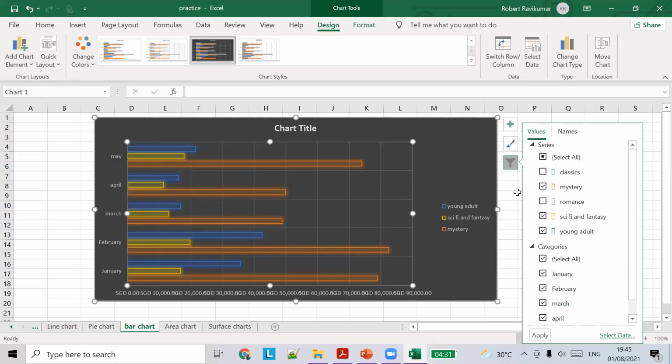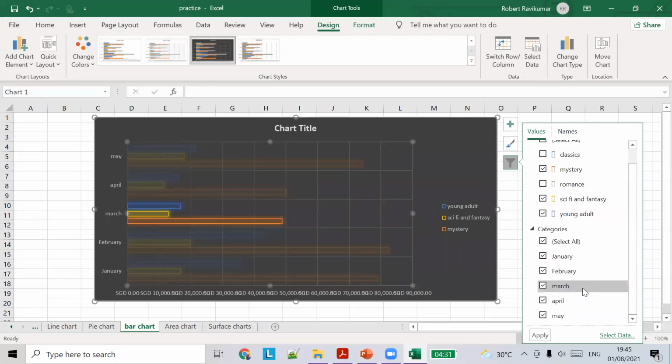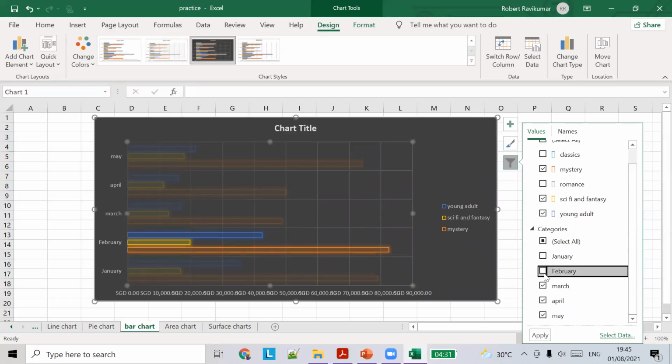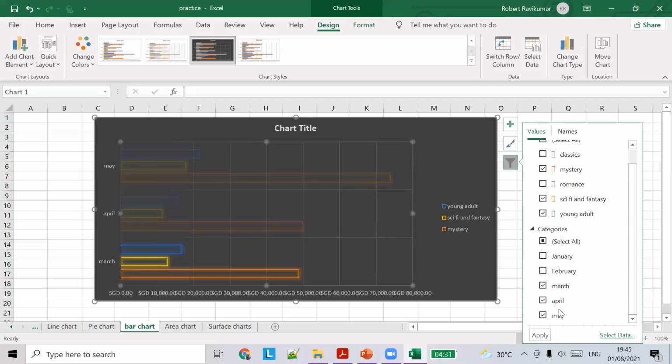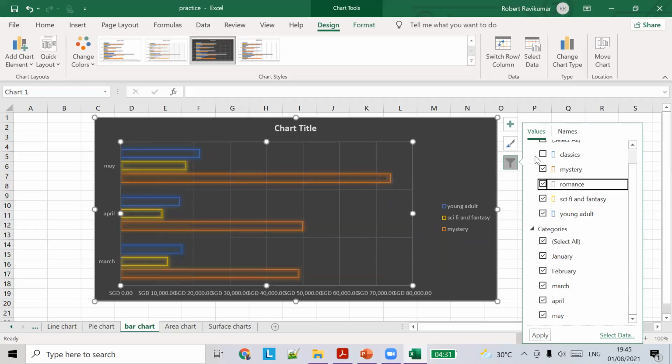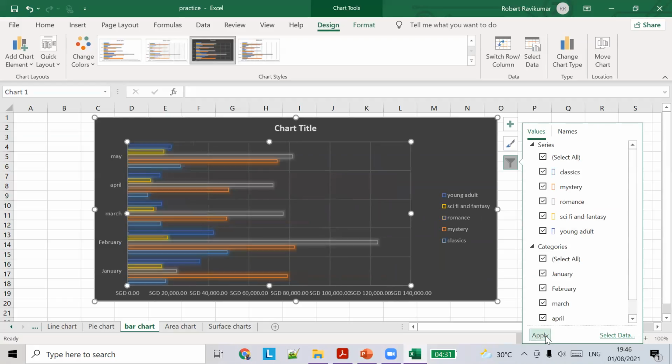Similar to the data on the y-axis, we can add or delete the data in the x-axis also. Click on it, and you will see only data for March, April, and May. All others are eliminated or hidden. If you want to add it back, select all those things and click apply.